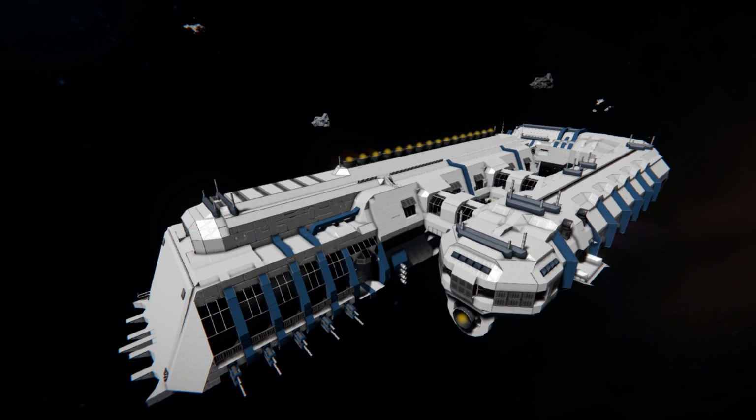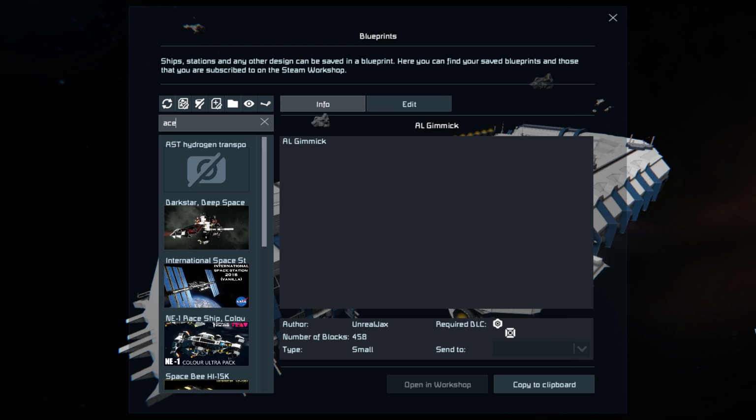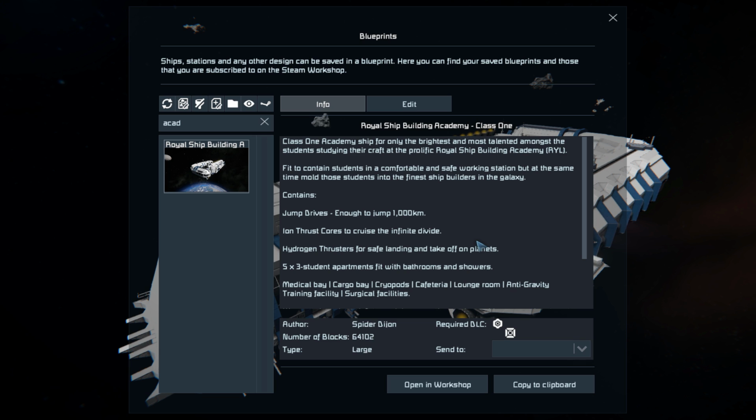Now, this is a hell of a lot bigger than it looks, and once you're inside, it is very easy to get lost, so God knows how your students are going to get to class on time. So pressing F10 and finding it in the spawn menu, if I can spell academy correctly, there we go. This big old building, which can fly like a ship, has defense like a ship, is 64,102 large blocks. It has the Decorative Blocks 2 DLC pack and the Decorative Blocks 1 DLC pack as a